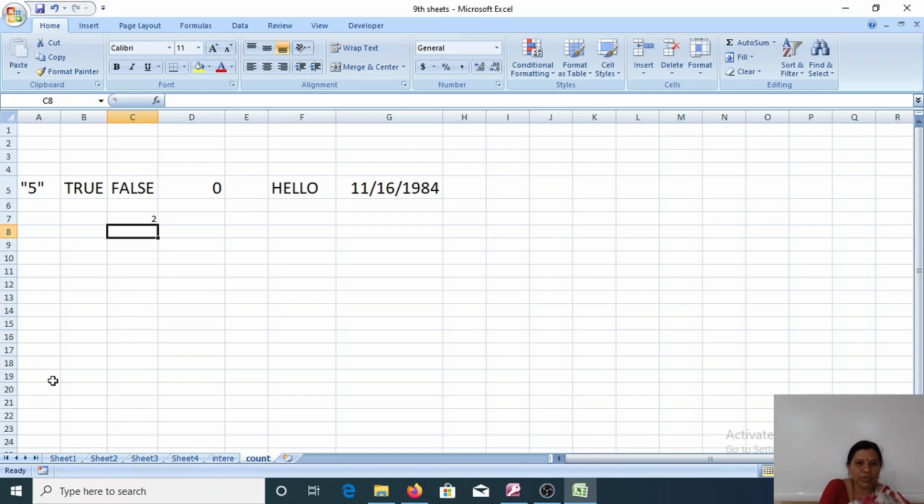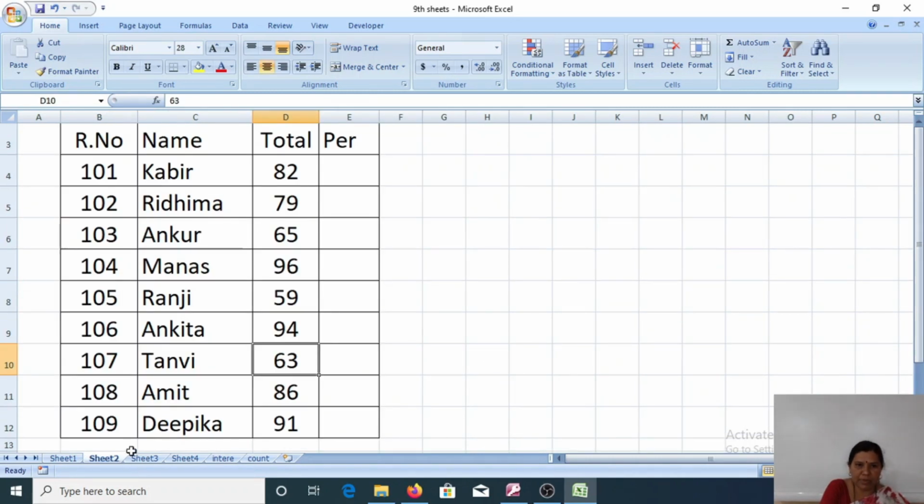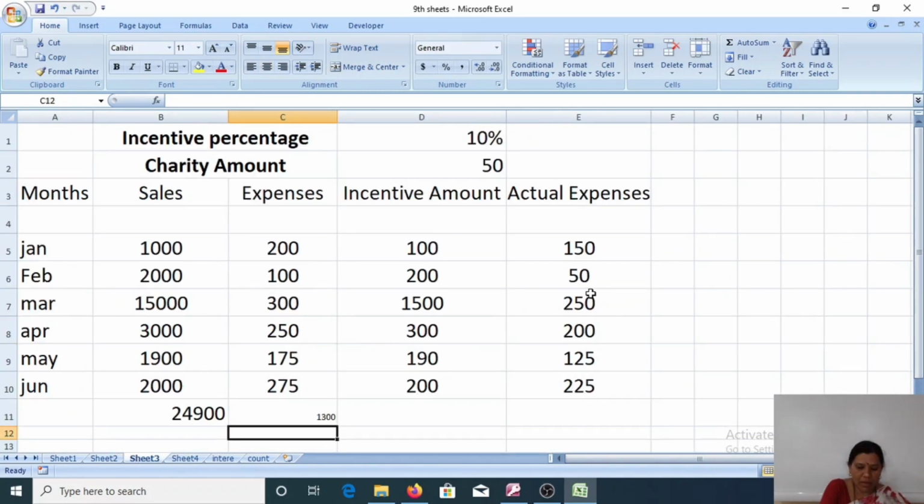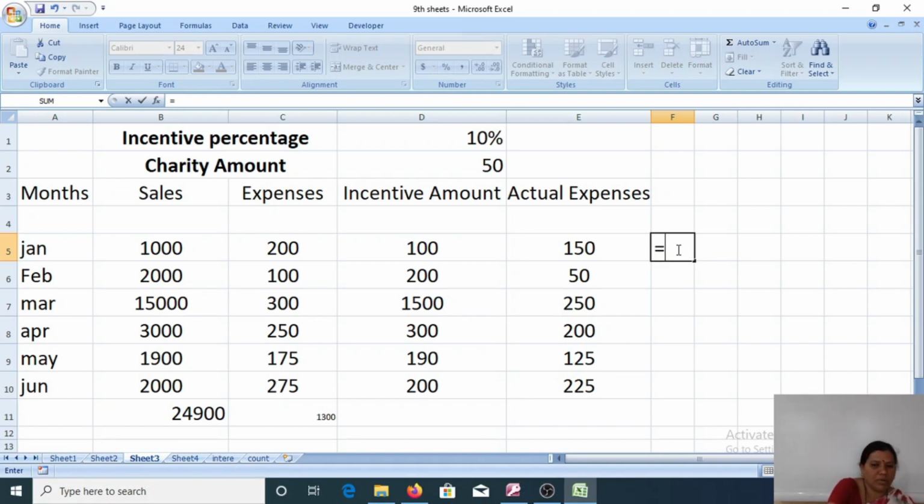Now I want to find out the maximum. Your cursor is in F5. Equals to, and which maximum amount do we want to find out? So I will write equals to max, open parenthesis, from where to where?